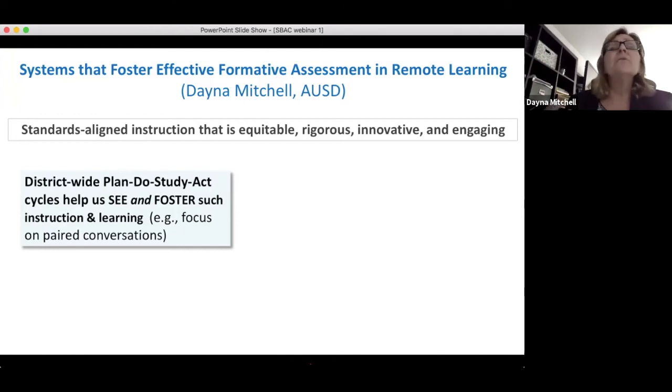Using the Plan, Do, Study, Act model helps us to see and foster such instruction to be able to clarify, elicit, interpret, and act. 33% of our students in our district are learning an additional language, and we've been focusing on speaking and listening standards that have specifically used paired student conversation as a means to formatively assess learning and elicit evidence